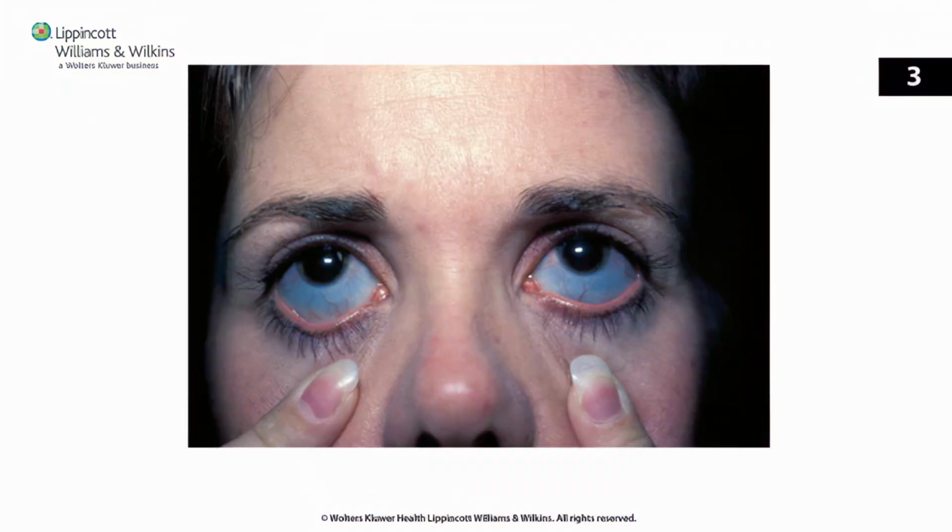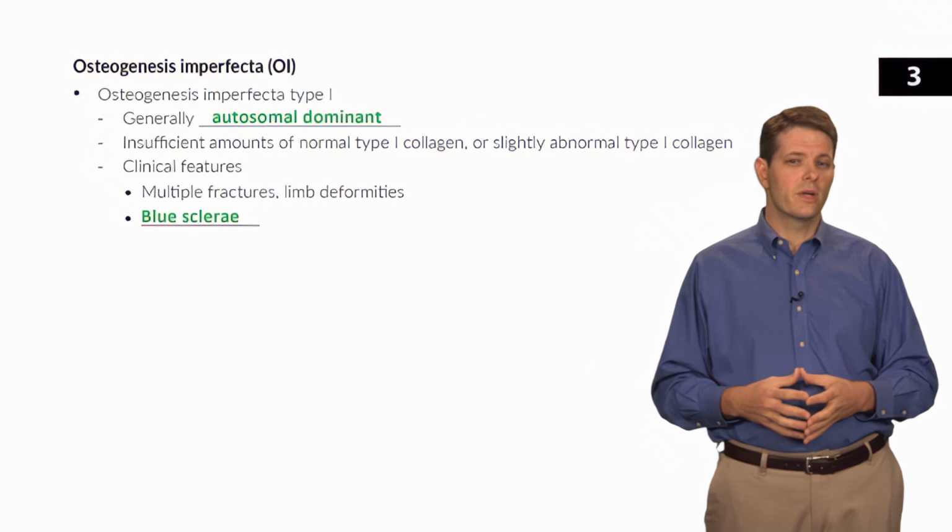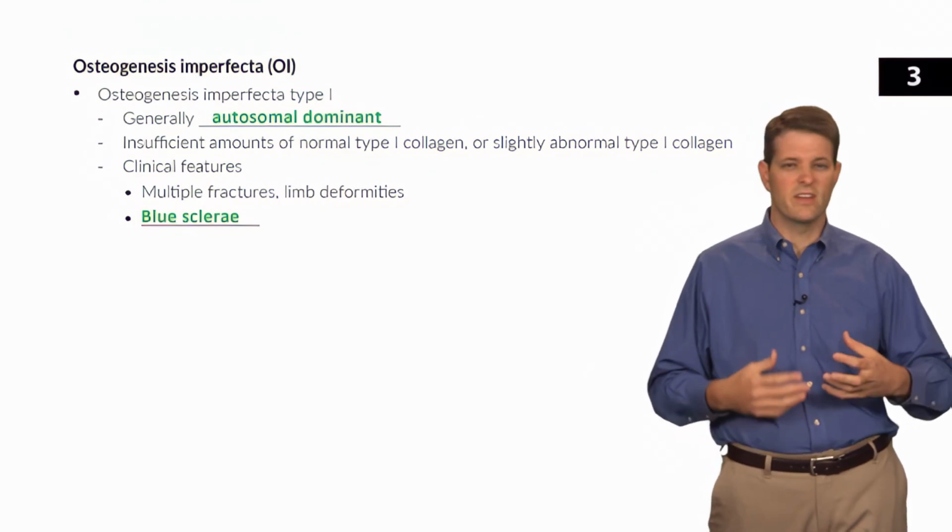They can also have blue sclerae because the sclera is deficient in collagen, so it becomes thinner and somewhat translucent, so you're able to see the choroid right through the sclera, which gives it a bluish or grayish color. That's usually a dead giveaway. If they give you a picture of a patient with blue sclerae, they're giving you the diagnosis of OI type 1. Or they might show you an x-ray of a child with tons of fractures in various stages of healing,